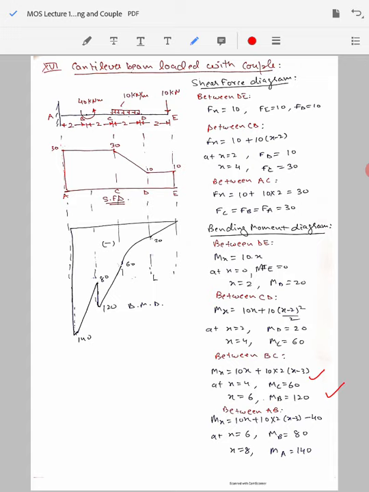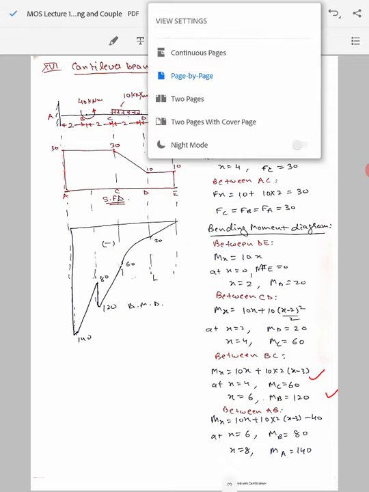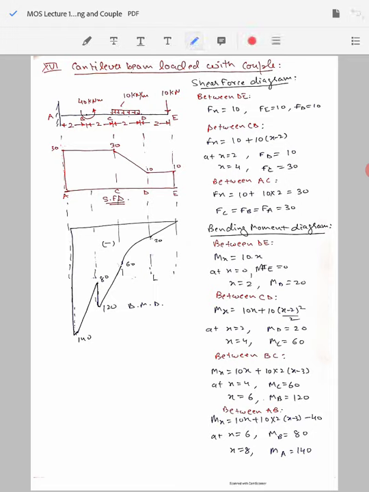Now when you write the equation for the span AB, mind it, you need to now consider the applied couple. So when you cut the beam anywhere between A and B, your equation will have the terms of 10x and 10 into 2 into x minus 3. But now you need to consider the moment that is being applied. You see all these moments because of the applied loads, that means because of this point load and because of this uniformly distributed load, are in clockwise fashion, while this 40 kilonewton meter load is acting in an anti-clockwise fashion.